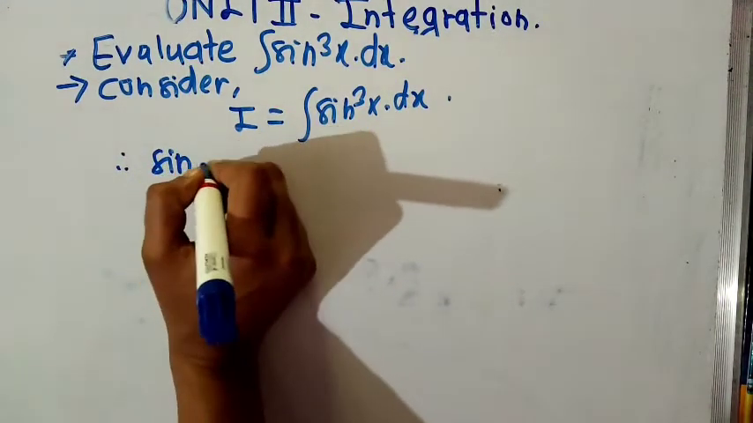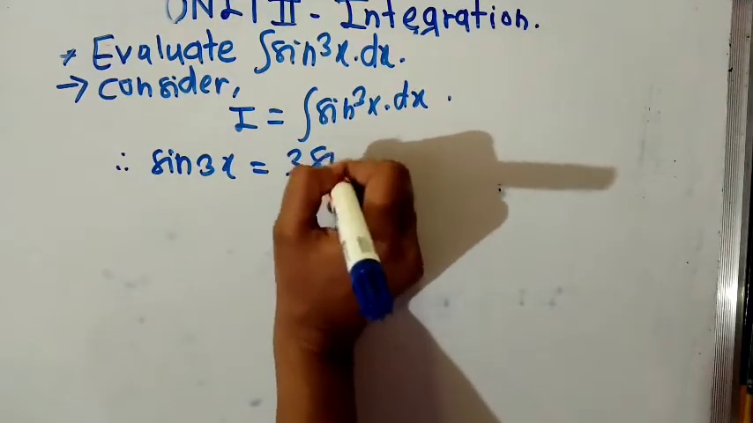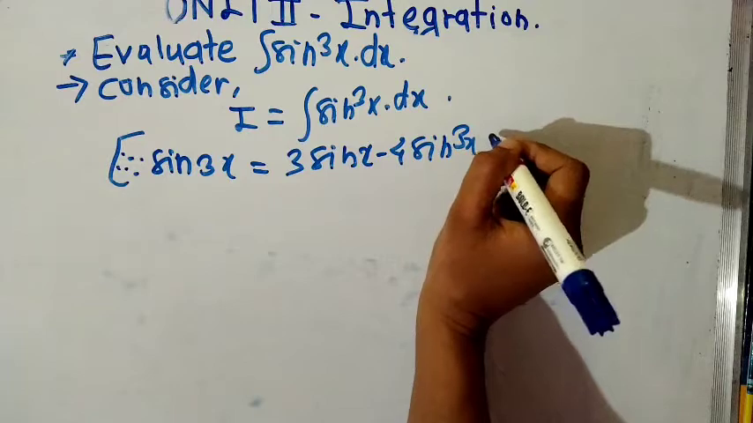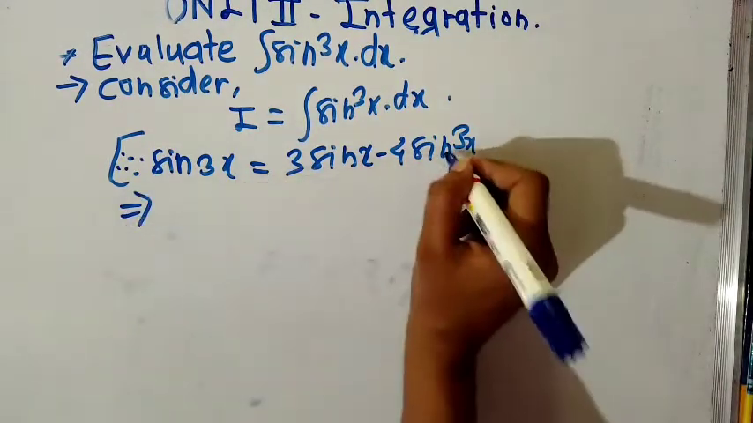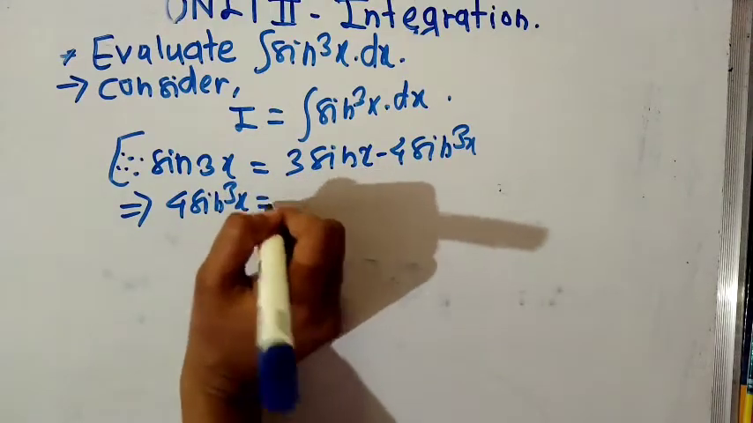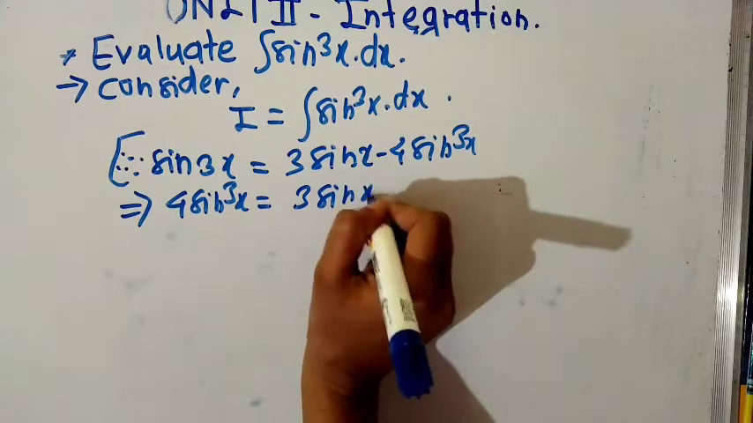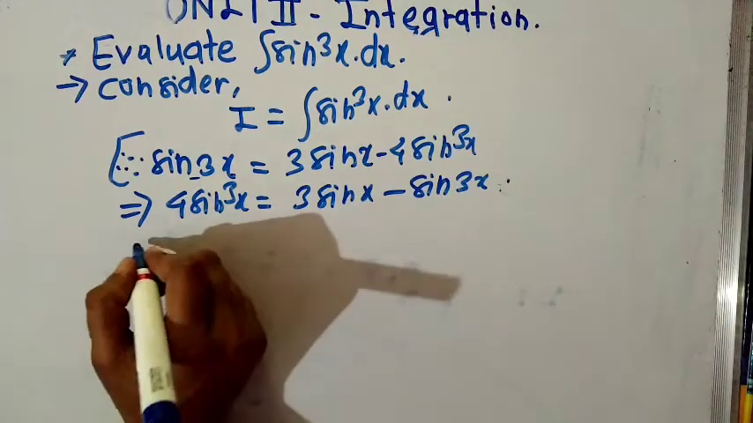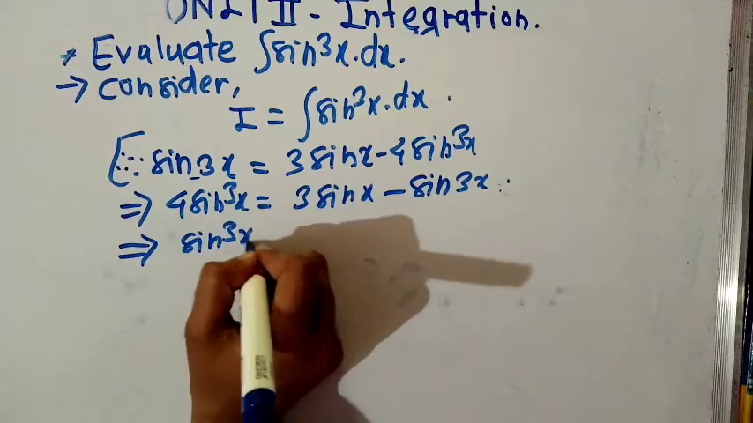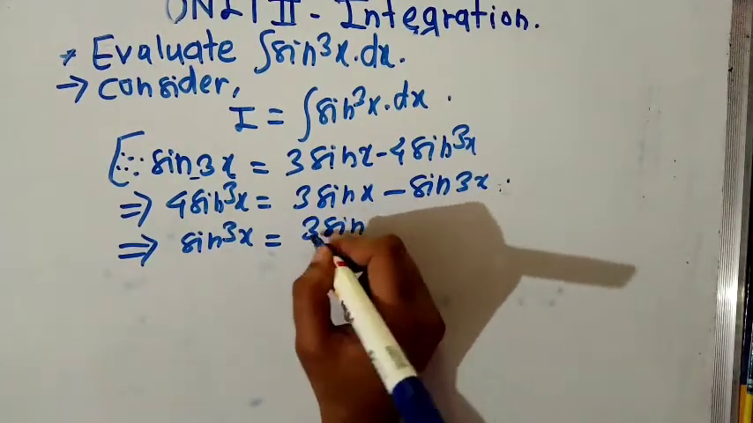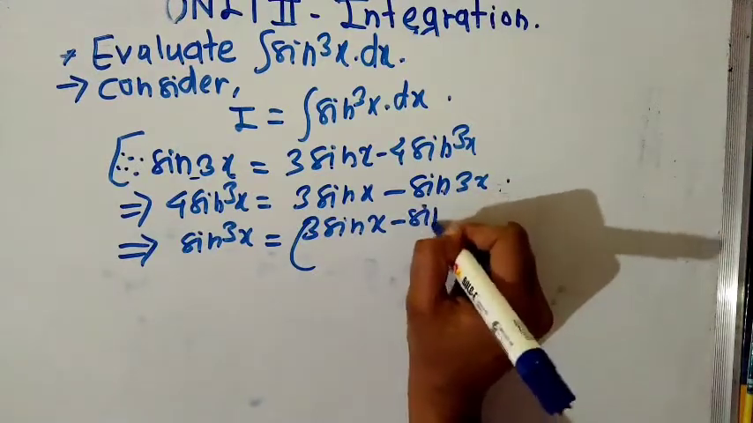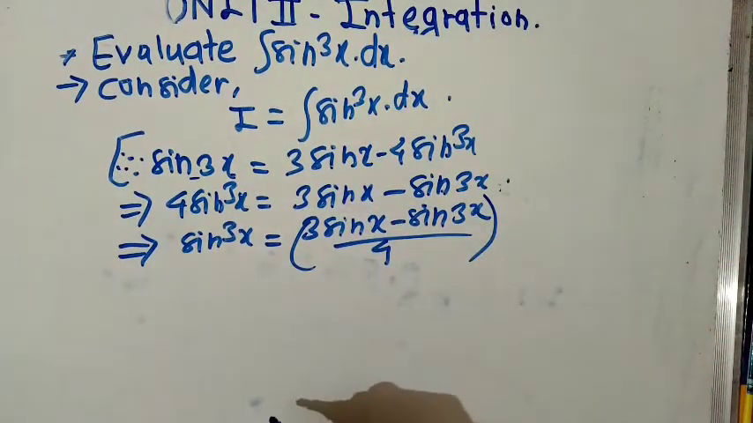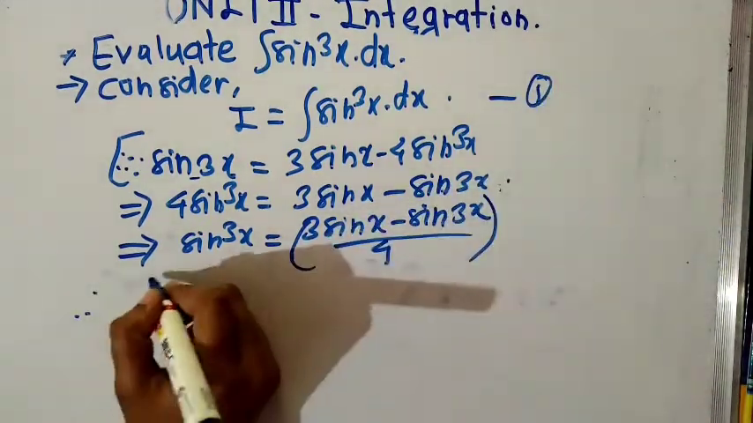But we know that sin 3x is equal to 3 sin x minus 4 sin cube x, which means 4 sin cube x is equal to 3 sin x minus sin 3x, hence sin cube x is equal to (3 sin x minus sin 3x) upon 4. So equation 1 becomes